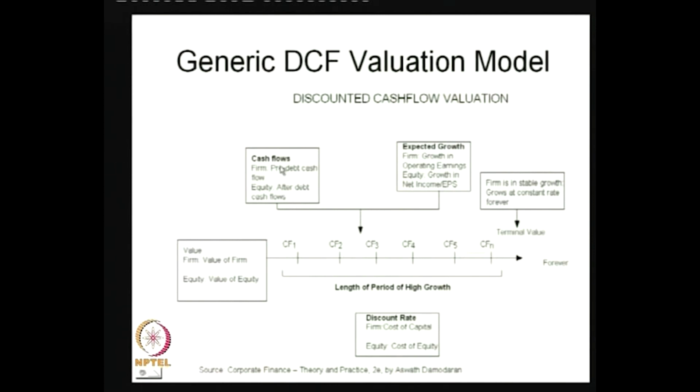Okay. And then we have got a cash flow, it could be firm or equity. It is a pre-debt cash flow for the firm, and after-debt cash flow for equity. So, in firm, before debt, the cash flow is the cash flow for the firm. In equity, after debt cash flow will be considered. Then you have got the growth here, growth in the earnings, which will also be driving the growth in equity, and growth in equity is nothing but growth in net income, growth in earnings per share. Then after certain time, this is the high growth period, and then the company comes to a stable phase, and the stable phase growth with the CFn can be used to find a terminal value.